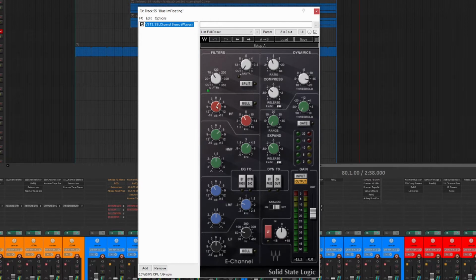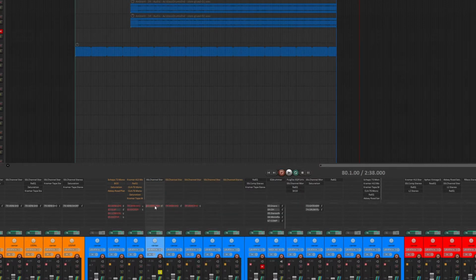So again, we have two bumps here, a 4 dB bump at 6K and a 5 dB bump at 4K. I took out about 3 dB at 460, and I didn't bump anything in the bass because I ended up adding drums later on. We'll get to that in a little bit. So we'll do a before and after. Then instead of my standard room reverb, I put a long reverb on this, which has a longer tail on it. So we'll play it before and after.